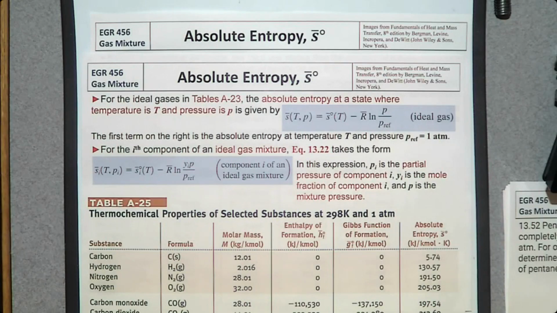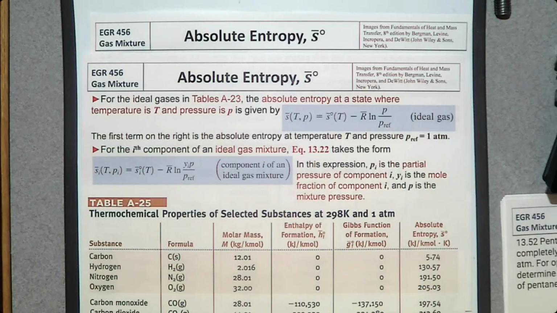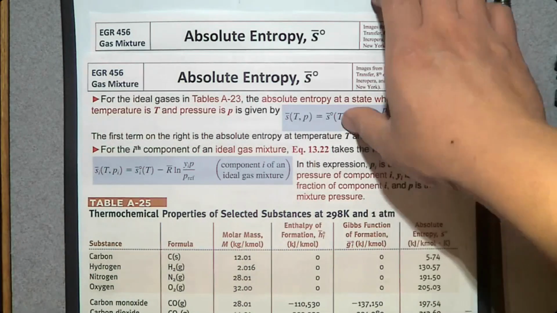We are going to use the same entropy balance equation we studied in Thermodynamics 1. The only difference here is how to determine specific entropy of each component. And we are going to use these equations to determine that specific entropy. There is nothing new other than this one. Okay, so based on this, we are going to solve one problem,